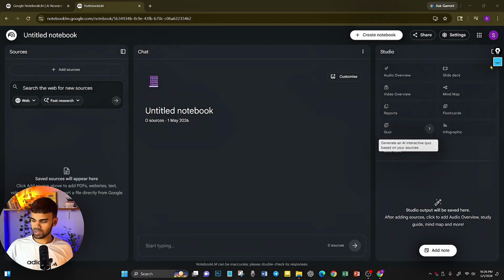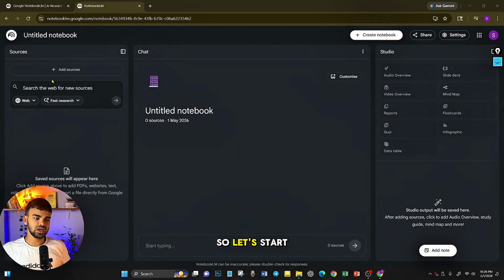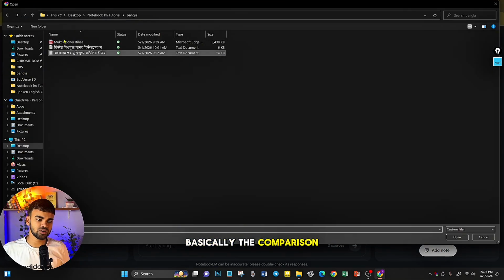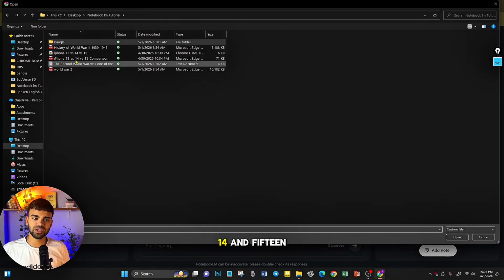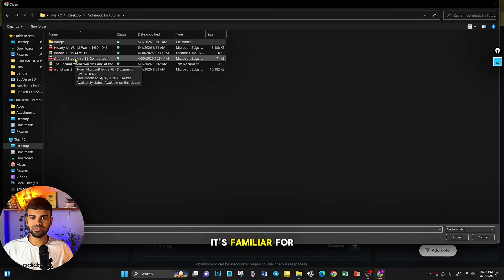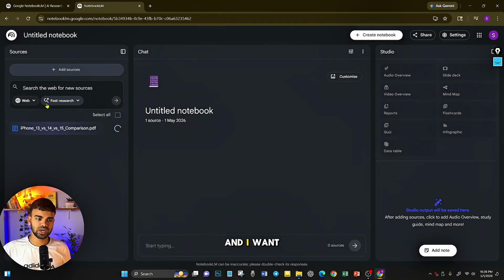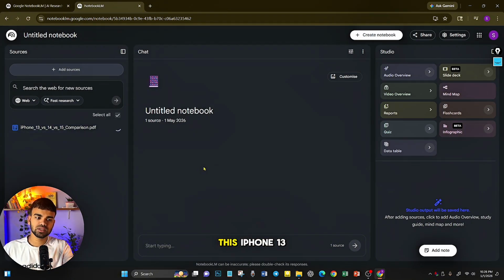Okay, so let's start. I will click on add, and I will upload a PDF, which is the comparison between iPhone 13, 14, and 15. It's familiar for you, so you can easily understand. First of all, I am starting with one source, and I want a comparison of iPhone 13,